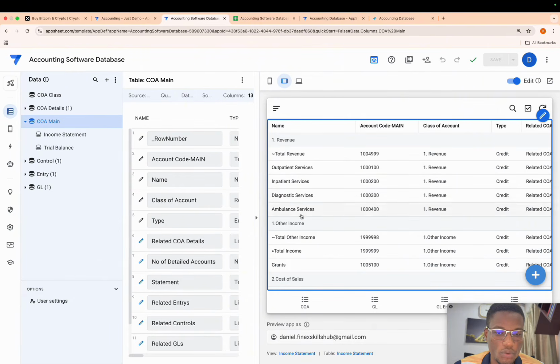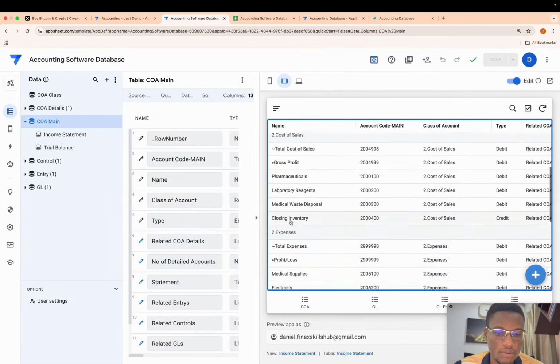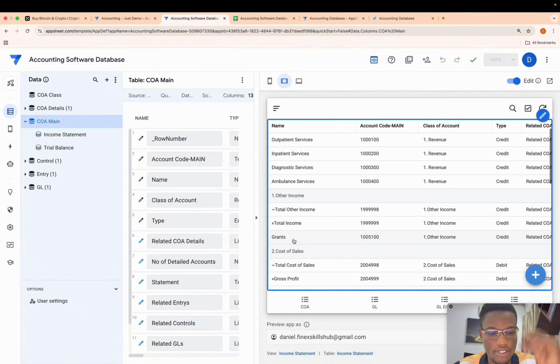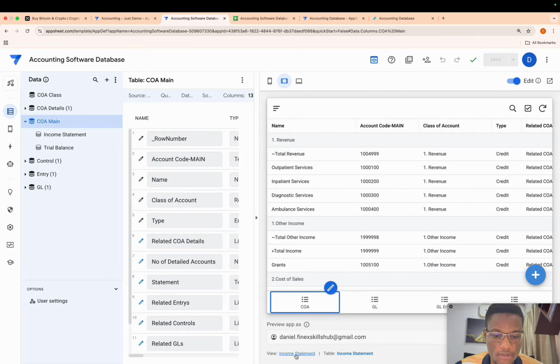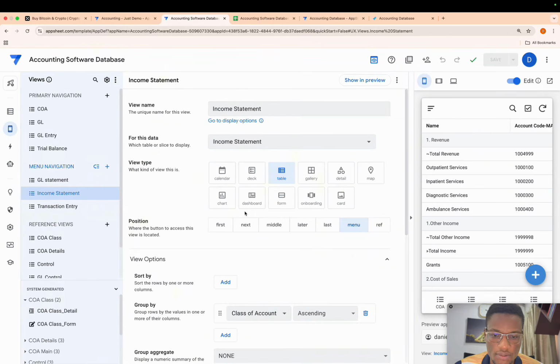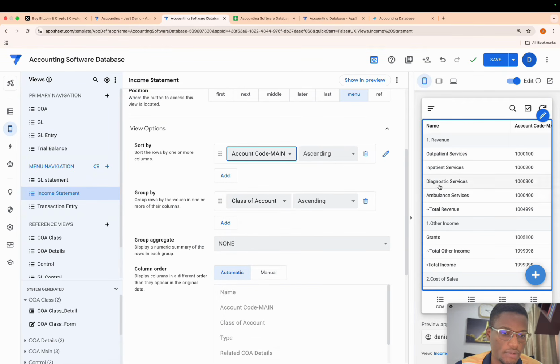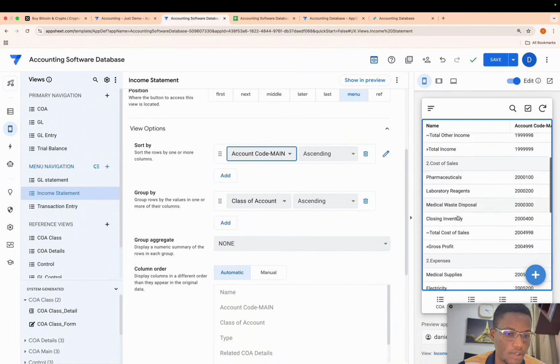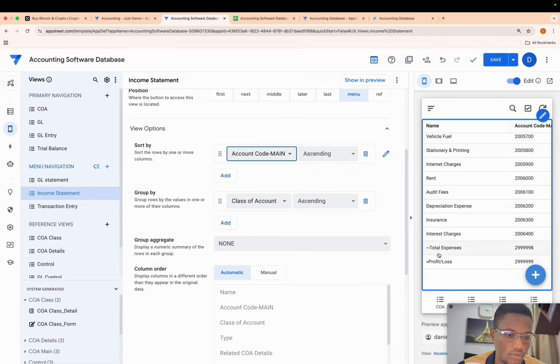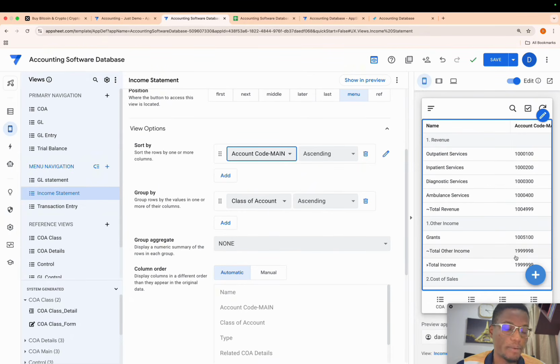Good. So we have total over there, total, like this. Now this is just sorted based on the order it's written over there. So we'll come to income statement here. Let me change this. And then we'll come to sort. We're going to sort this by accounts. Good. So we have something like this. So we sort them by account and you see the totals go to the bottom over there. Good. So with the account, we'll be able to sort it. And the reason why we need the symbols over there is it makes it easy to do the computation, right? Separates the two types of totals. Okay, so we have this in place, right?